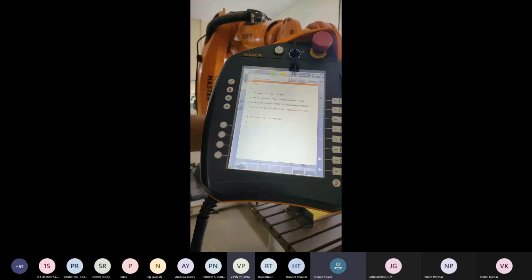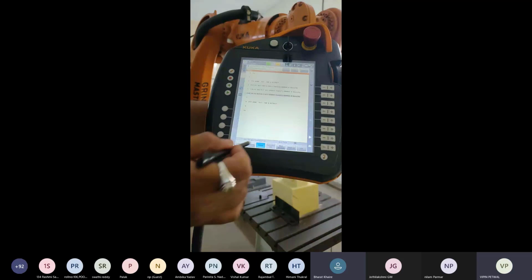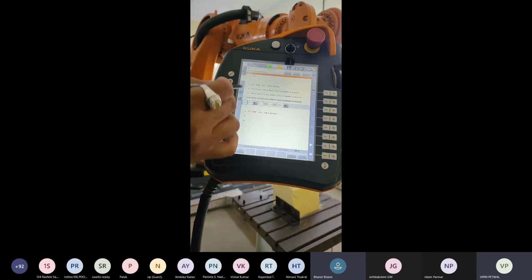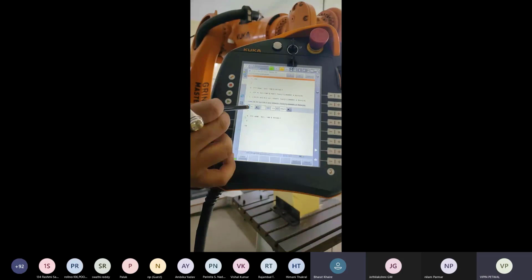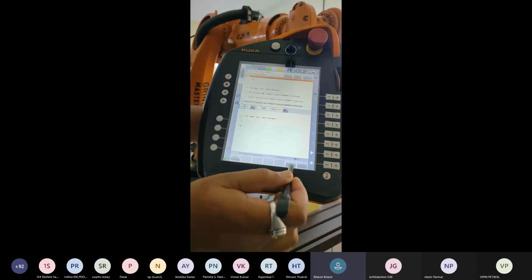So this is the first 100, and after that the second 100. It means the robot is moving 200 mm. Go in motion, linear motion. This is generating point 3, velocity 0.5, and give command.